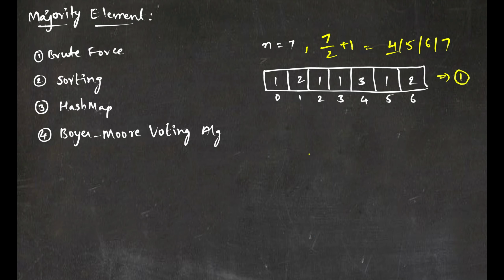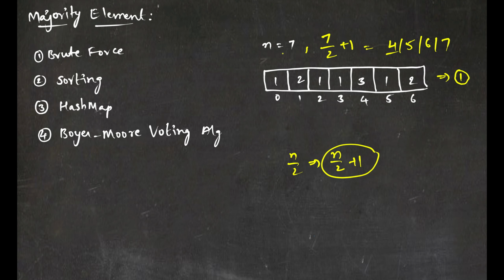We can make a clear observation here. If at all there exists a majority element inside my array, there will be only one such majority element and there can't be multiple majority elements inside this array. Let us prove that mathematically. Since my majority element has to repeat for more than n by 2 times, the minimum possible occurrences of this majority element is going to be n by 2 plus 1. So this is the occurrences of my majority element.